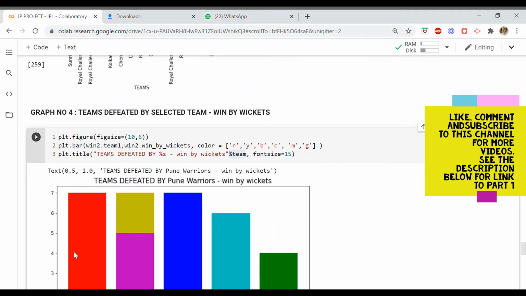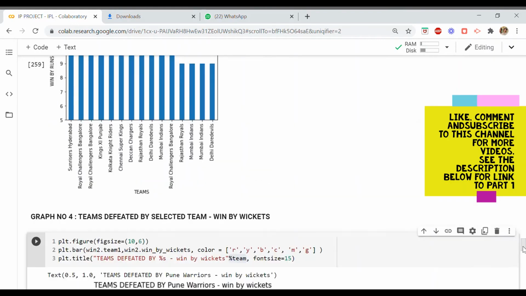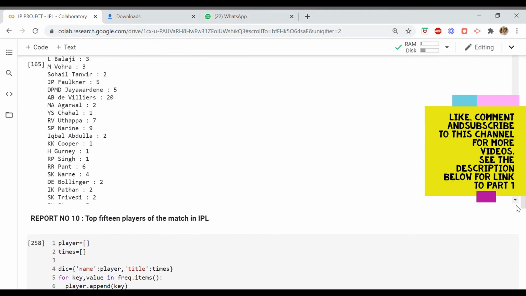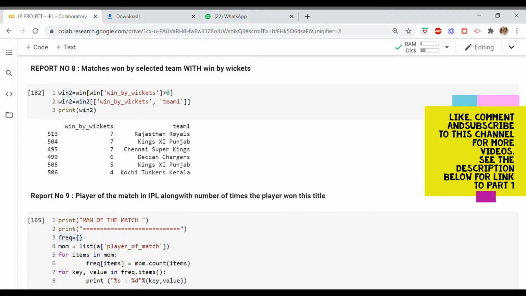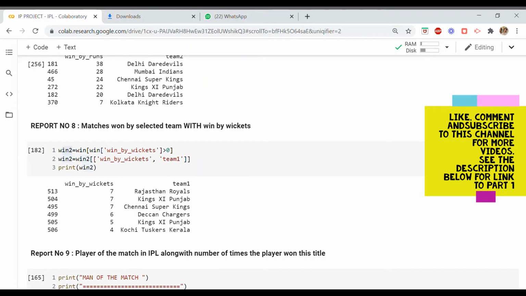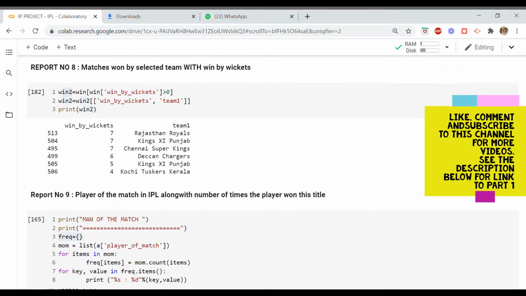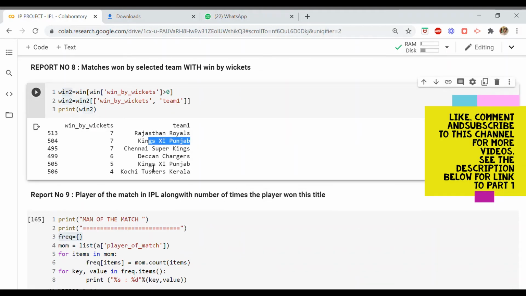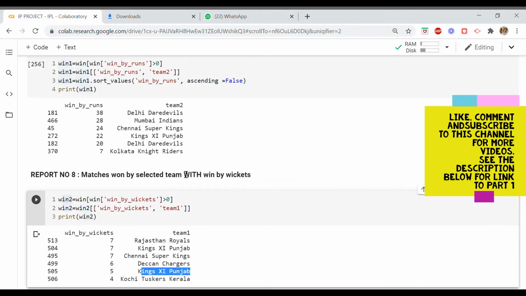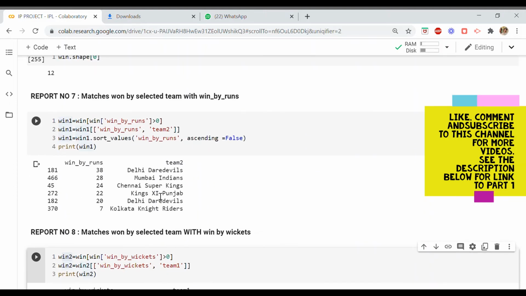Let us go back to the reports, to how my data is generated, and then you will be able to understand win by wickets. So you can see here Kings 11 Punjab two times in win2, and in win1.